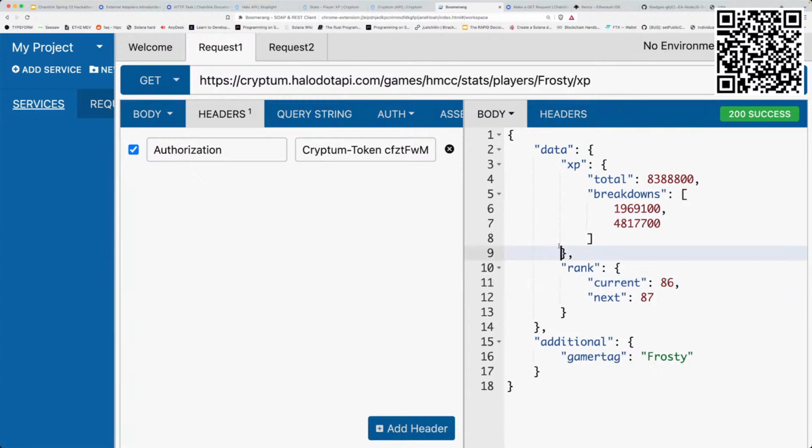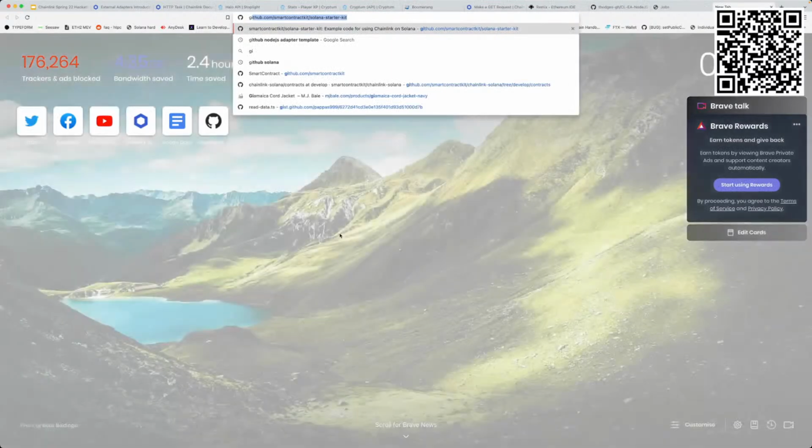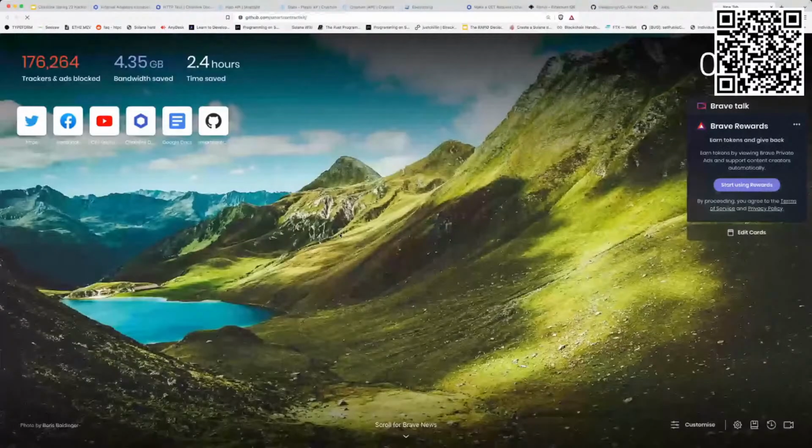So how do we do that? As I said before, you can create an external adapter in any language or form, right? As long as you can then have it running as its own API. We have a couple of example templates to do external adapters. I'll just show you guys. If you go to our GitHub repository